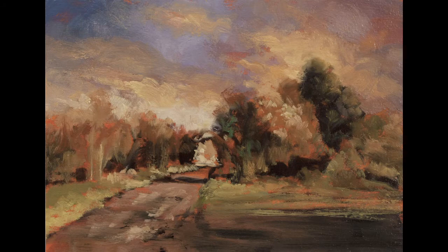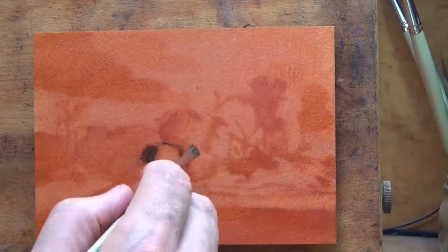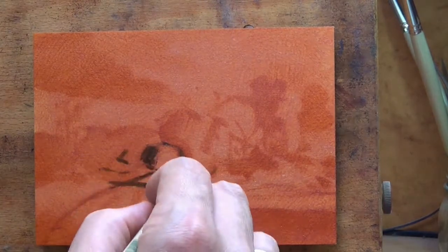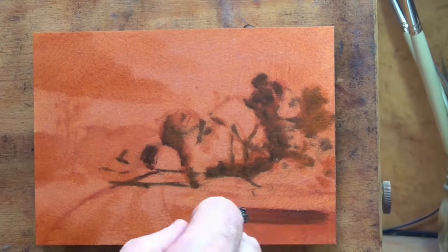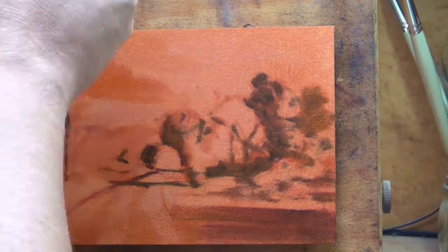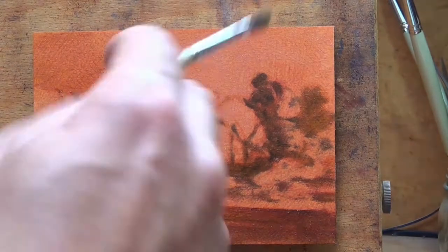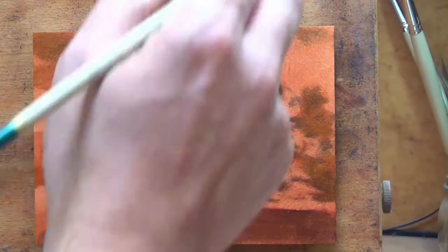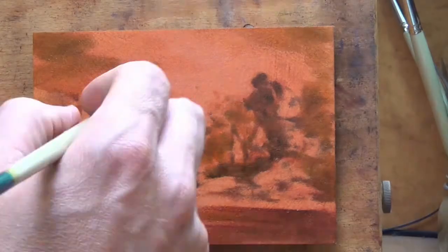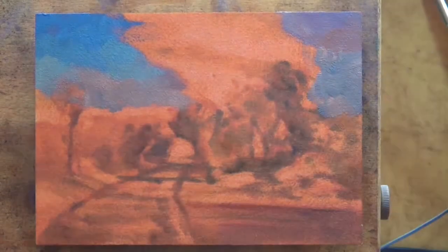This is number 11 in our series, and it is a painting called Road to Dusk. It's 5 by 7 inches, and I painted it way back in 2014. Now there's quite a few 5 by 7s from 2014. Well, I sold my share of them, but a lot of the ones that have survived are part of my